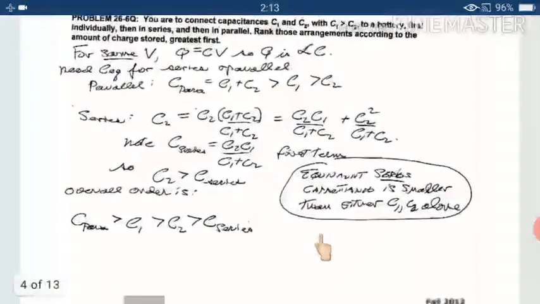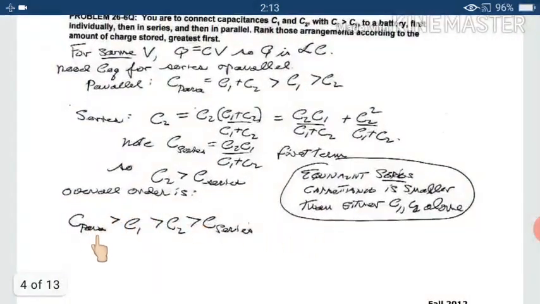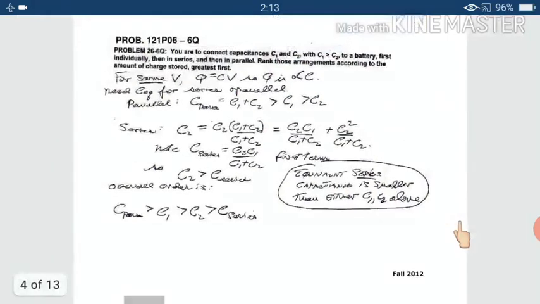So we can say that charge for parallel combination will be greatest and charge for series combination will be least, because we know charge is directly proportional to C. And here it is written that equivalent capacitance for series combination is smaller than either C1, C2. It will give you the least value. So that only is happening in series combination. Okay, so I think the question is clear.